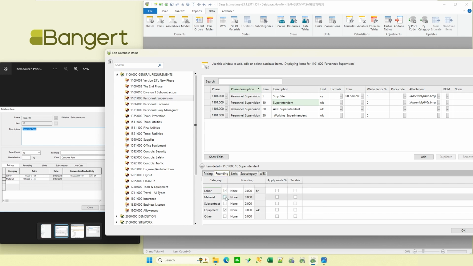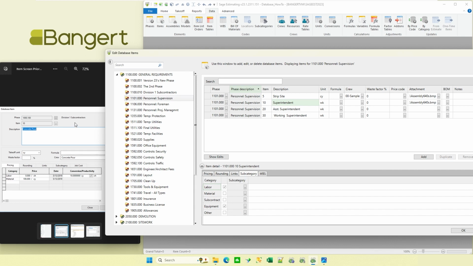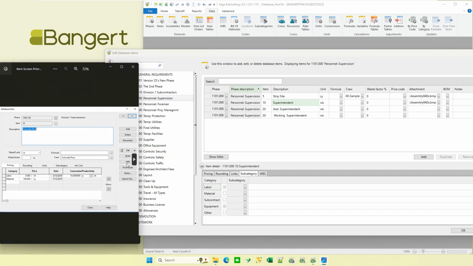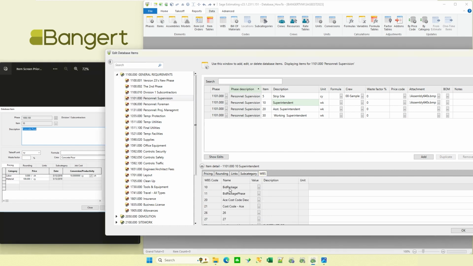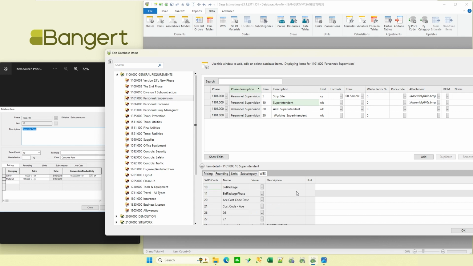And same kind of concept, I can see all my rounding. I could get to all my links, linking things, my subcategories. And on the right-hand side of this box, I had something where I could set up my WBS codes and so forth. My price code were all separate buttons, and notes was a separate button. So they've made that a little bit cleaner: price code I've got up here, my BOM I've got up here, my notes I've got up here. Some of those buttons, instead of being hidden off on another screen, are a little cleaner on another column, so I can see the different price codes and different items. Or in this case, I could see the different WBS codes associated with an item and put in whatever value I wanted to associate with the information.